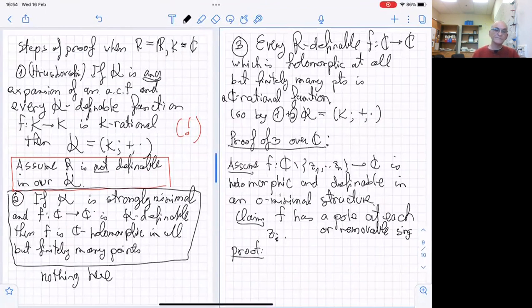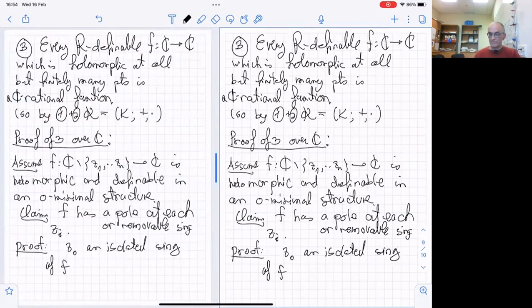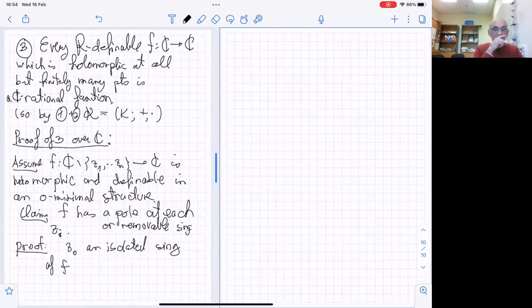Proof. All right, so let's call it Z0. So say that Z0 is an isolated singularity of the holomorphic F. Let us see that it is not an essential singularity. So, right, these are the options. Either it's an essential singularity, or it's a pole, or it's a removable singularity. If Z0 is an essential singularity,